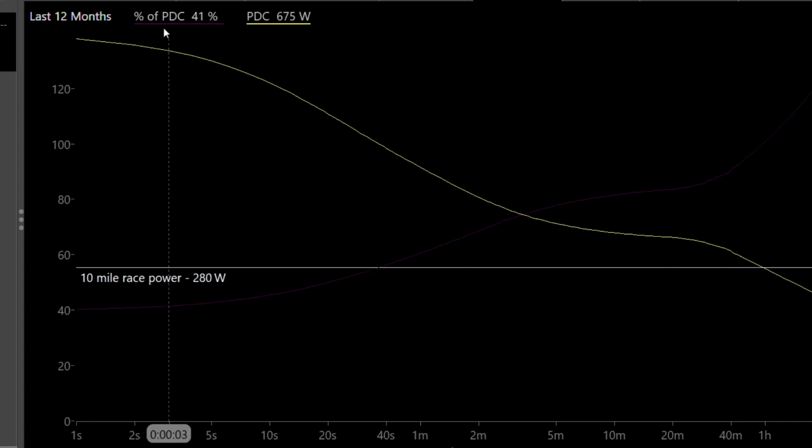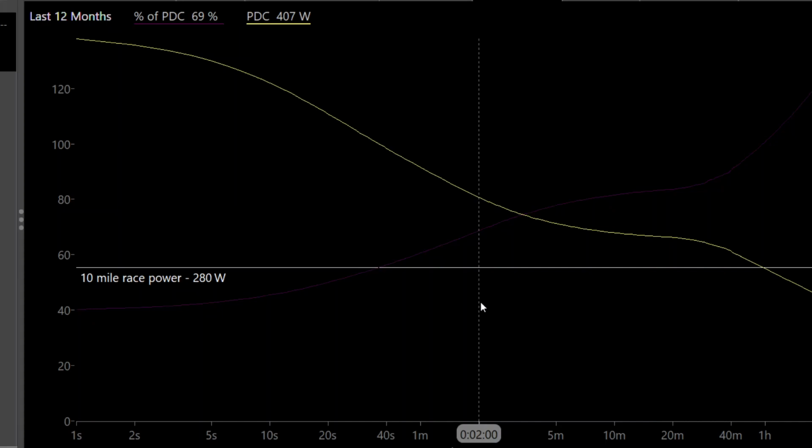So the other thing I have up here in this chart is what 280 watts represents as a percentage of this model power. So, for example, at 5 seconds, 280 watts relative to what they're capable as a max for 5 seconds is only 43% of their max for five seconds. And at 2 minutes, 280 watts would be about equivalent to 69% of their maximum that they could do for